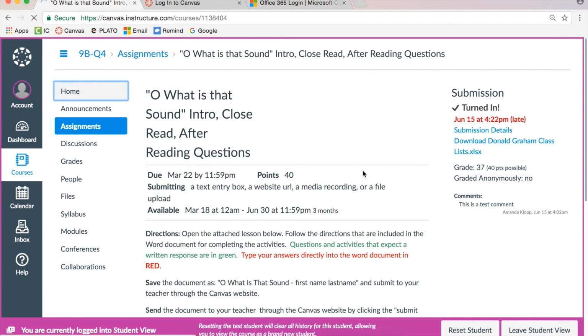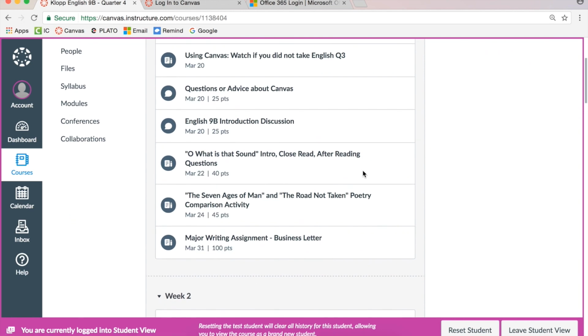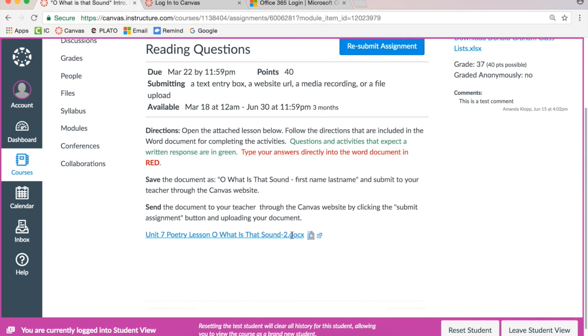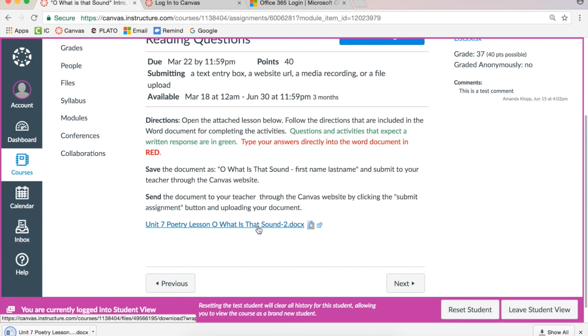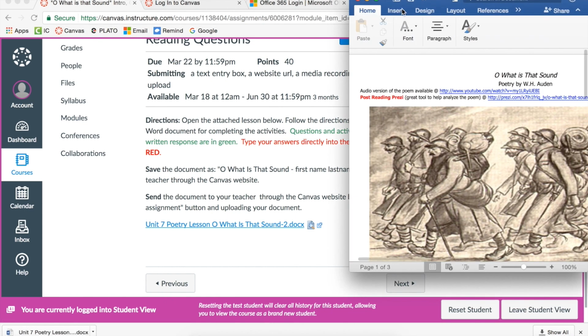We're going to go back to the home page, and I'm going to actually open that assignment because I want to show you what the expectations are for an assignment. So again, they're mostly Word documents. You'll open the document once it's downloaded onto your computer,